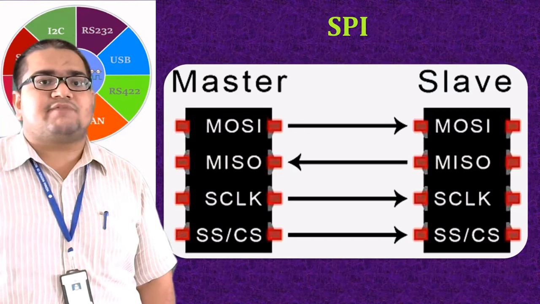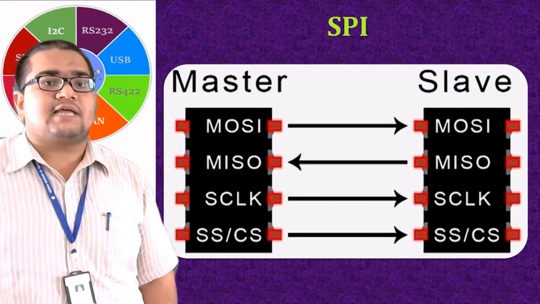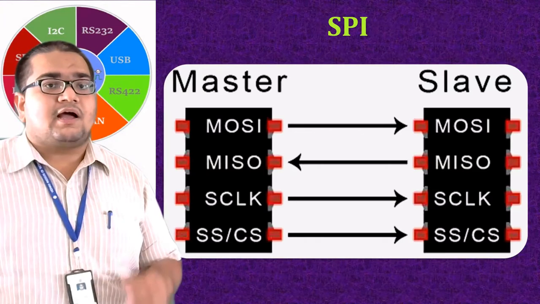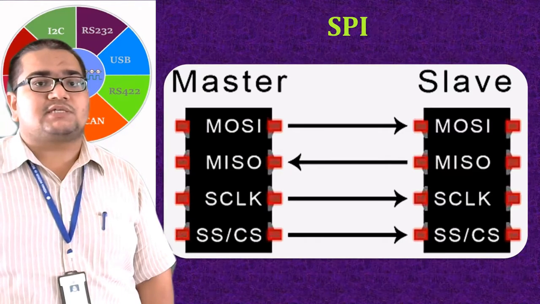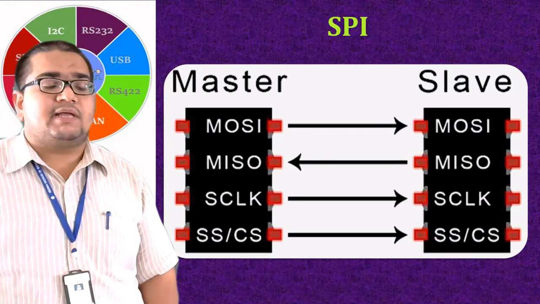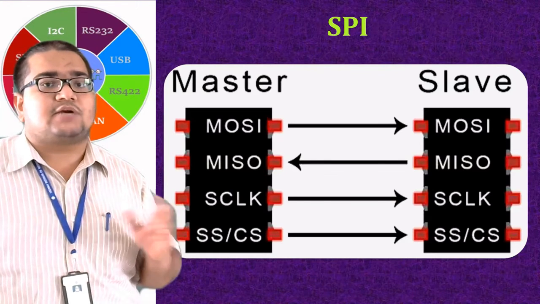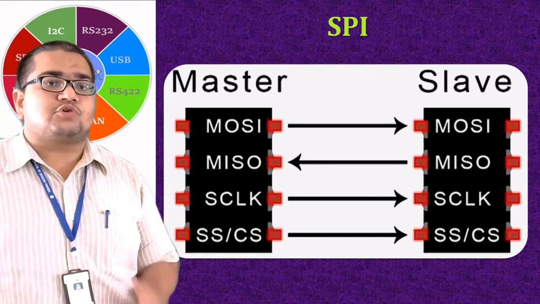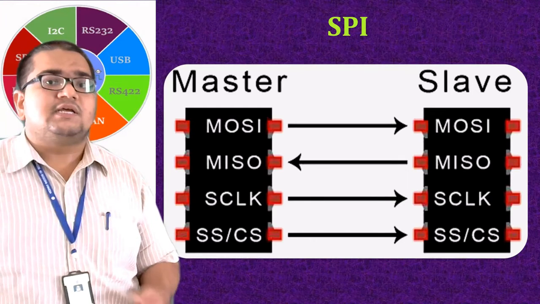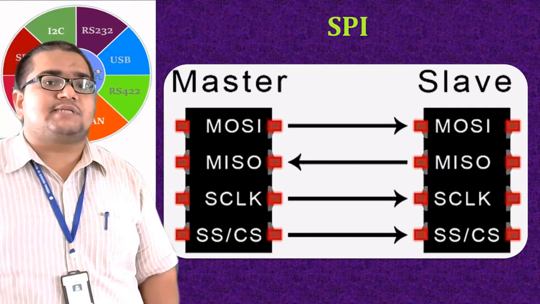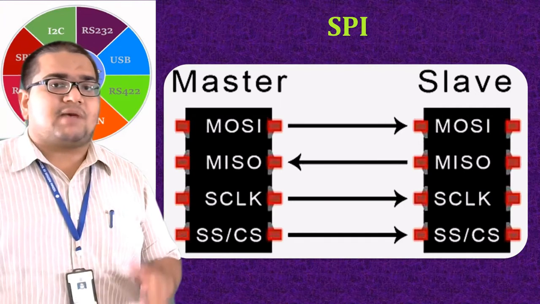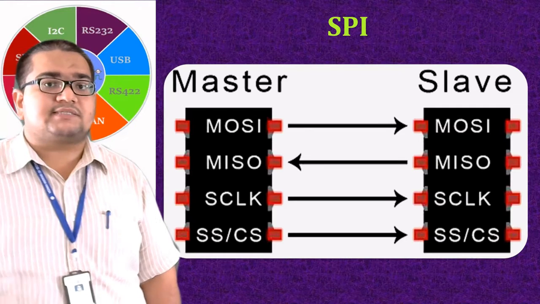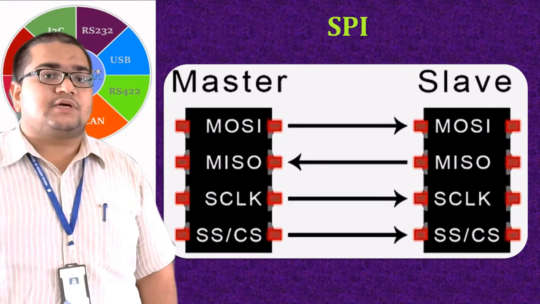Another feature we have seen in SPI is that it has MOSI and MISO lines. These two lines are used for providing full duplex communication, where MOSI makes the data transfer from master side to slave side, because it is master out, slave in. And whenever the slave wants to transmit data and the master receives, the data will be sent out on MISO, that is master in, slave out. The serial clock is obviously there, which makes this serial communication synchronous.